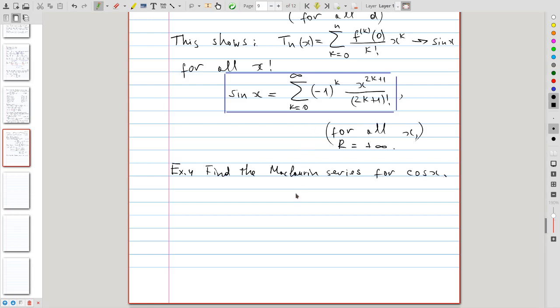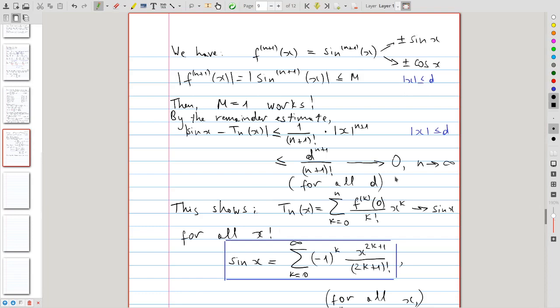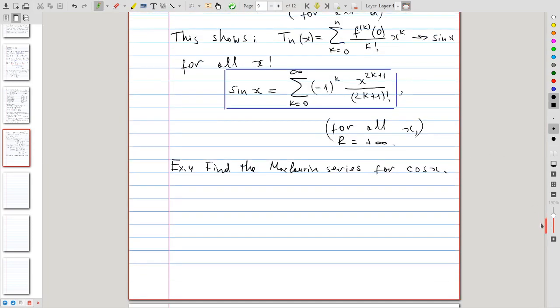One option would be to do everything that we did for sine x, to compute derivatives of cosine x, to find the Maclaurin series, and then show that it converges indeed to cosine. Or, and what we exactly are going to do is